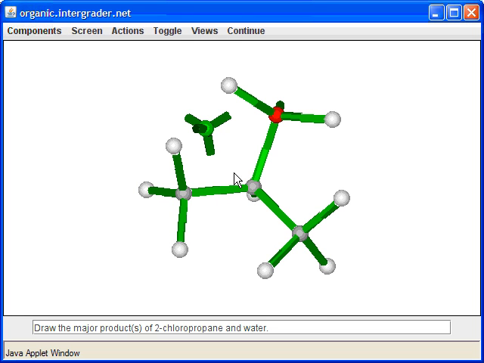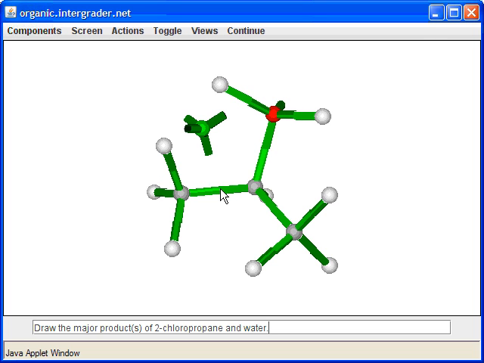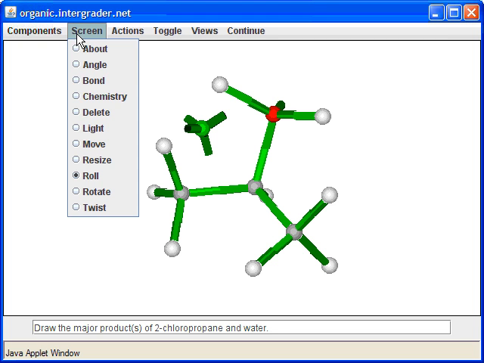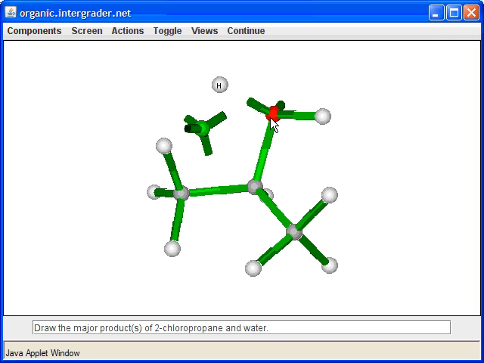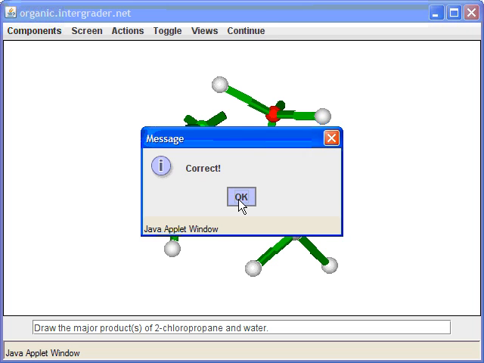Now in this particular problem, what we should do is just leave this the way it is. Since we're asked to draw the products, we're going to leave everything on the screen like it is right there. You may ask, why not draw HCl? The reason is that when you do this particular reaction, unless you do the workup, the proton is more likely to be on an oxygen than it is to be associated with chlorine. So let me leave this proton over here. Only in the workup would you get rid of the HCl like this. So I think this is what we should draw for this particular reaction.